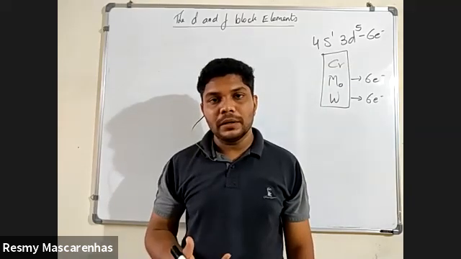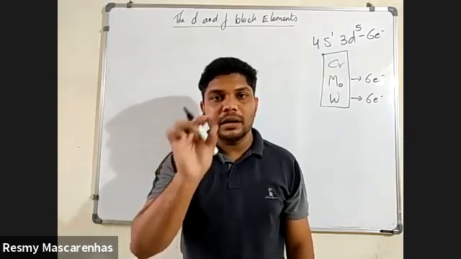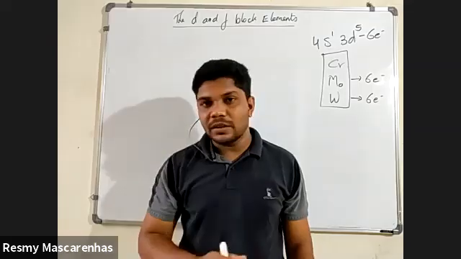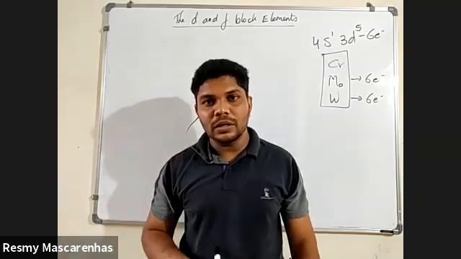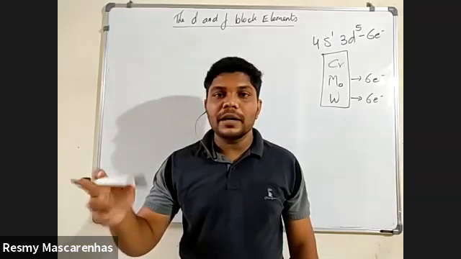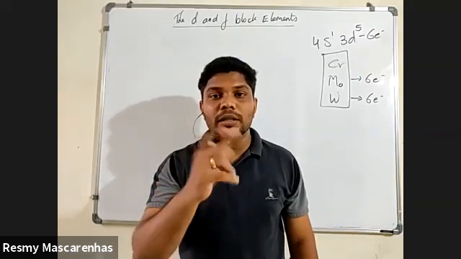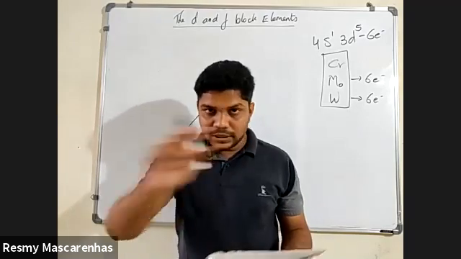So what will happen? Greater the number of unpaired electrons, greater will be the attraction, as per the forces of attraction statement, between the atoms. Simply attraction will not come. Before the attraction, there should be overlapping. Yes or no? Yes, sir. So don't forget this. Greater the number of unpaired electrons, greater is the overlapping, and more the overlapping, stronger the bond. That is attraction forces. So please mention these things.